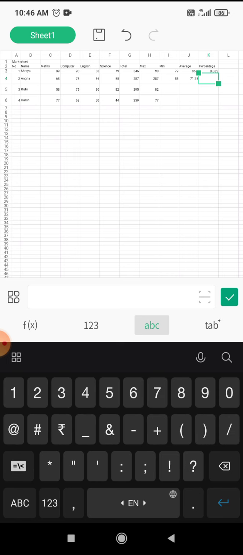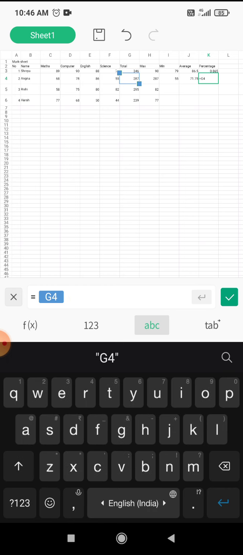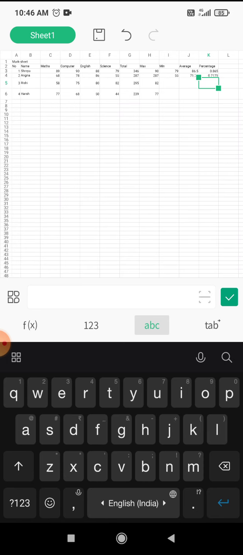How we can do in a correct form? I will explain you. First, I will do the percentage equals to G4, then divide sign, $400, enter.